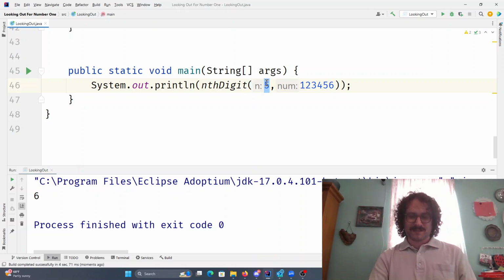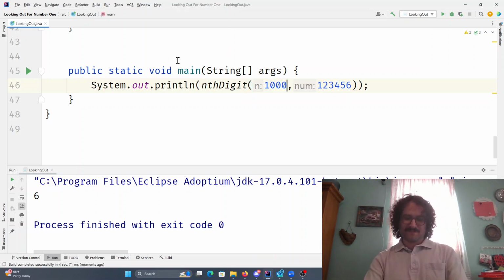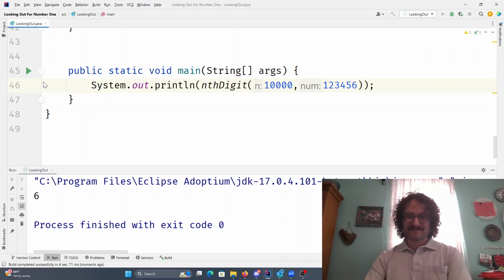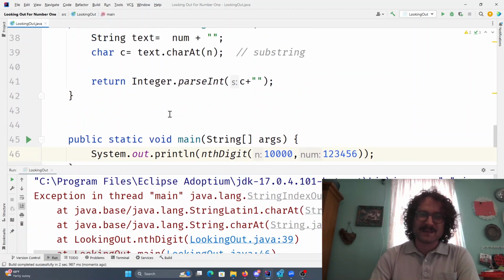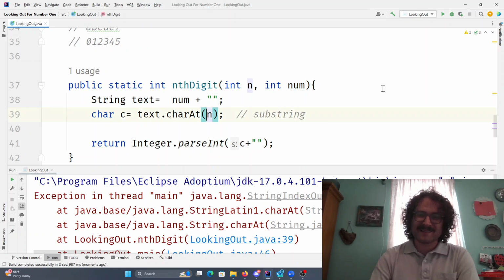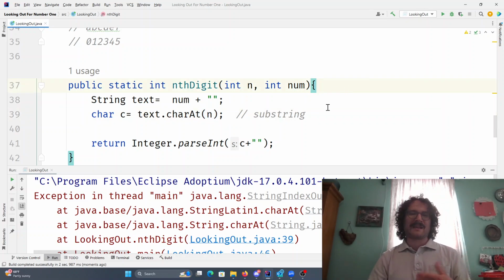Right? And if I go for the 10,000th digit, it's going to give me an error. Why did it give me an error? Because I'm trying to go out of bounds there. So the last thing I'd have to do here to make sure it doesn't go out of bounds